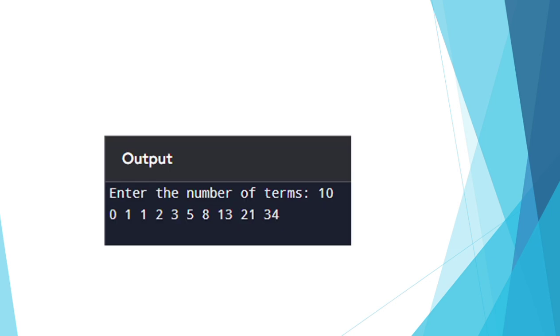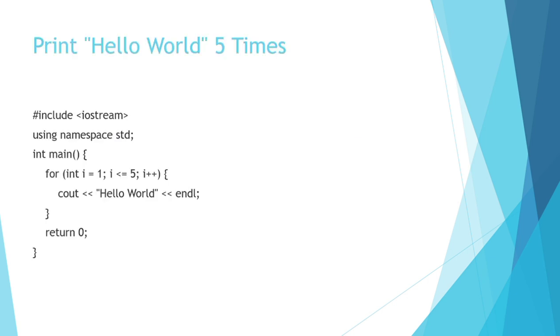After successful execution, the output of the program will be this. Print hello world 5 times. for (int i = 1; i <= 5; i++)